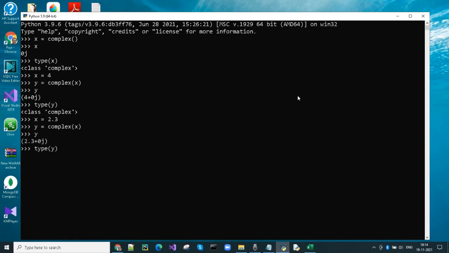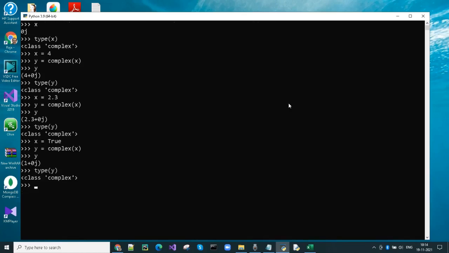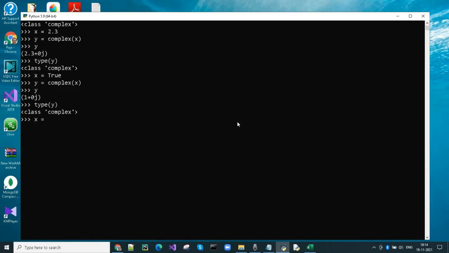Type of y is complex. Now I am passing a boolean value. Passing a string value.